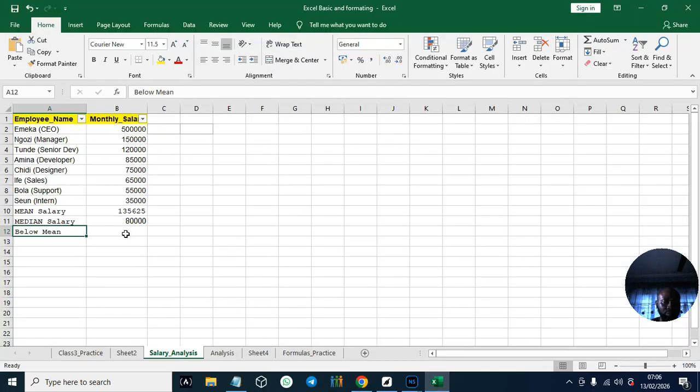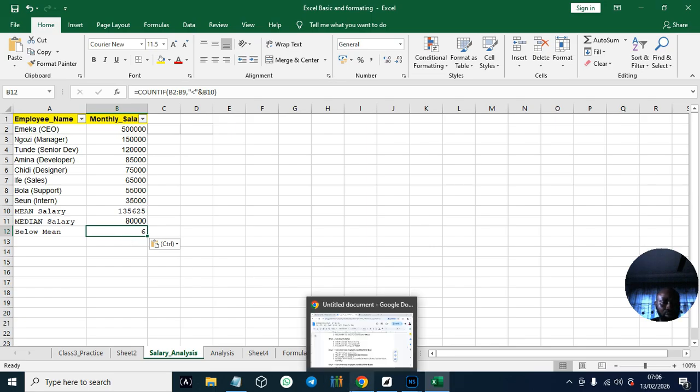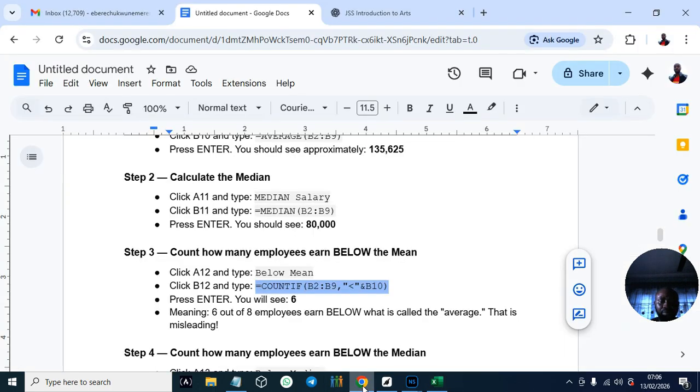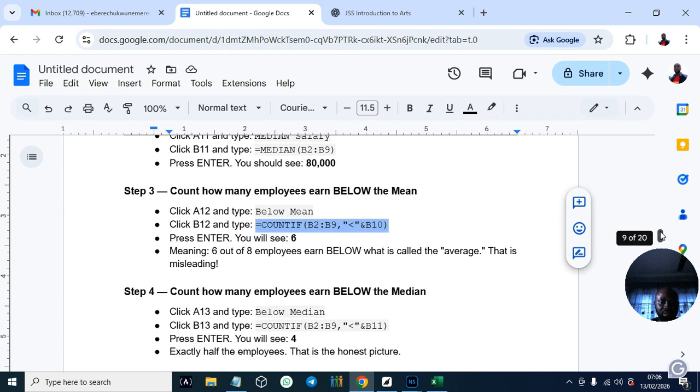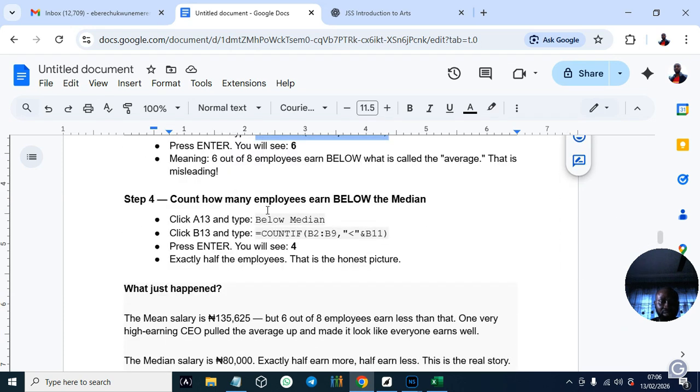These formulas we're using, please, I've told you earlier on, I'll still give you more, still coming. So the average is 6. Let's count the ones at and below the median.